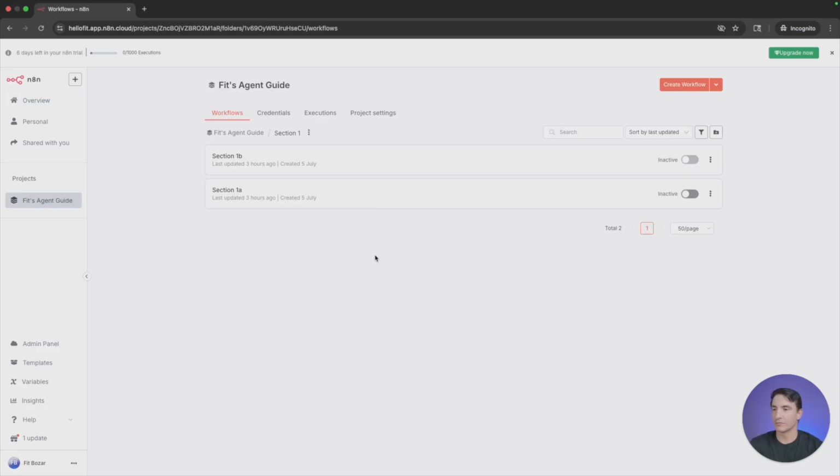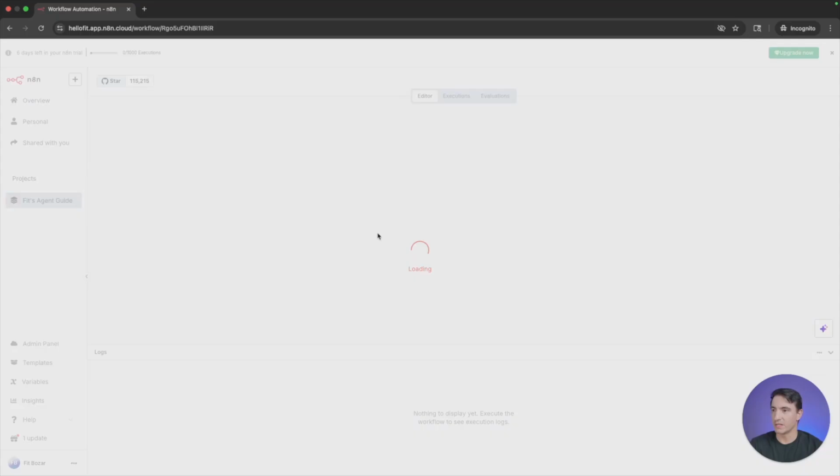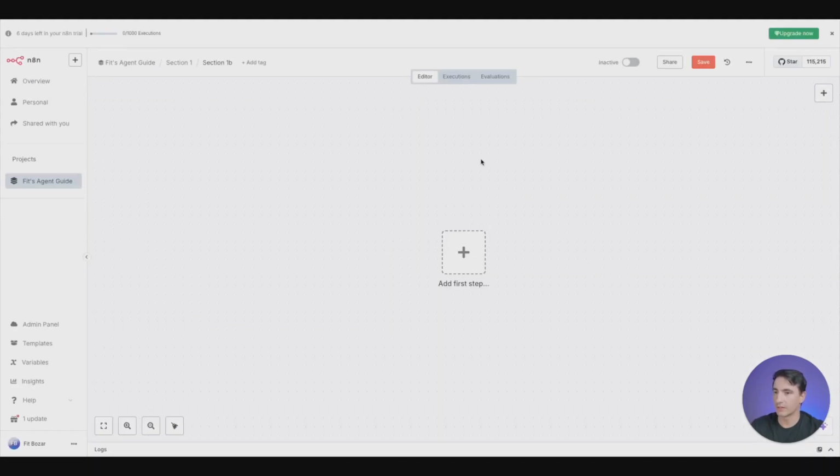So for example, leads are coming in, I want to get an email and I want it to tell me what the budget of that lead is. So we'll generate that in section B here. All right, so now we're in the workflow for section B. We'll retitle this to our new lead